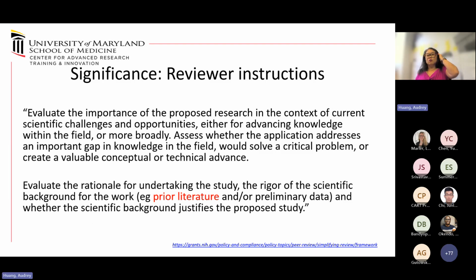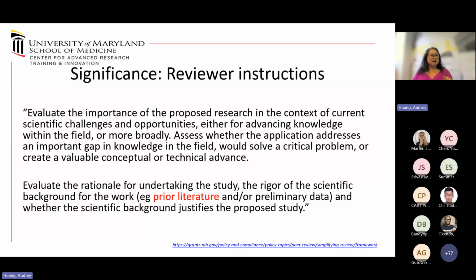So again, looking at what reviewers want. These are all instructions to reviewers posted on the NIH website. Evaluate the importance of the proposed research, that's what you're writing, in the context of current scientific challenges. Assess whether the application addresses an important gap in knowledge. And I've highlighted at the bottom,